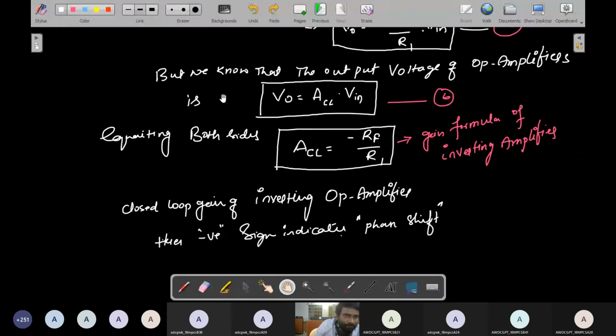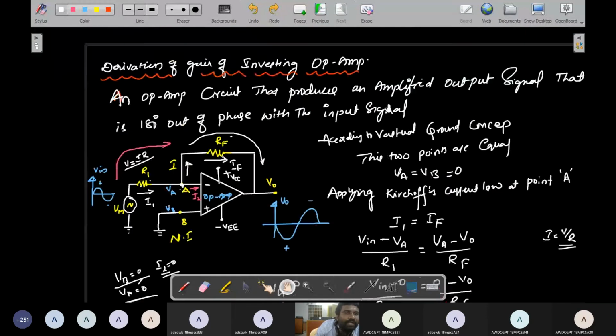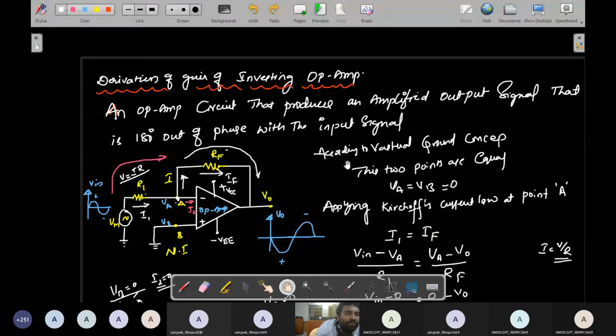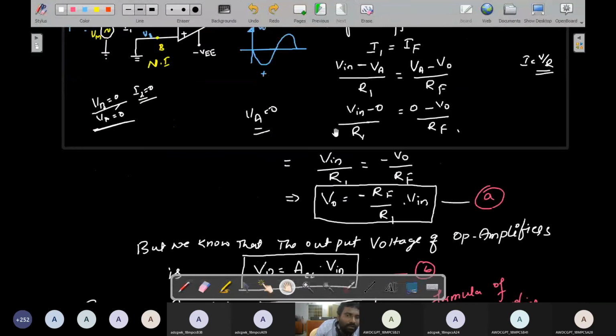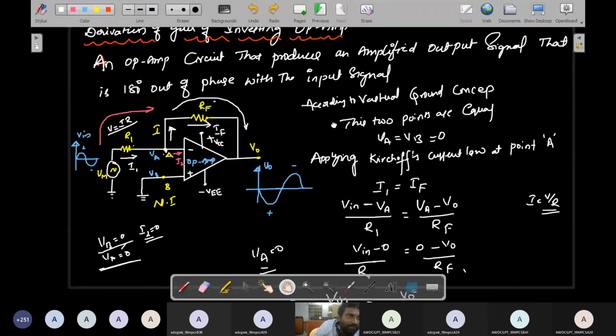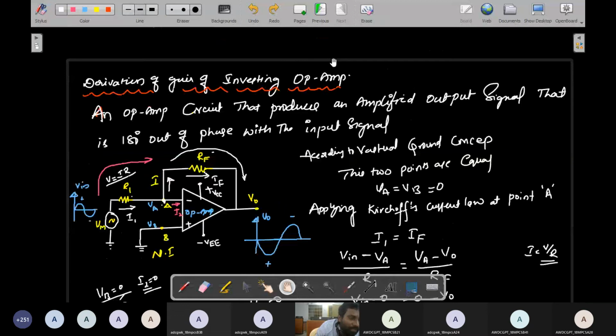Okay, next we come to non-inverting amplifiers. Inverting is already over. So this is the inverting operational amplifier gain, and I'll prove that inverting operational amplifier gain. Right now I'll move to the non-inverting case, the same situation. Okay, I'll move to the next page, the next concept.